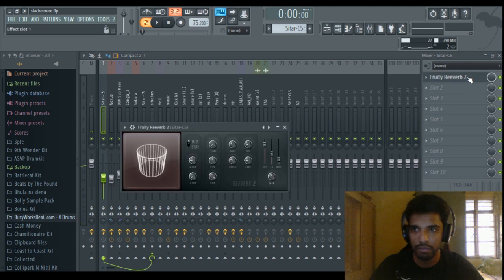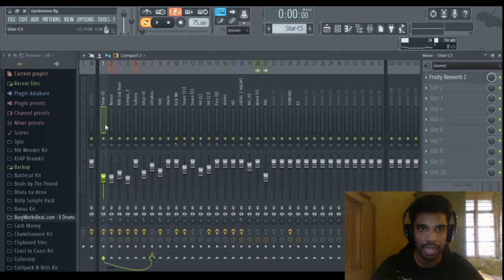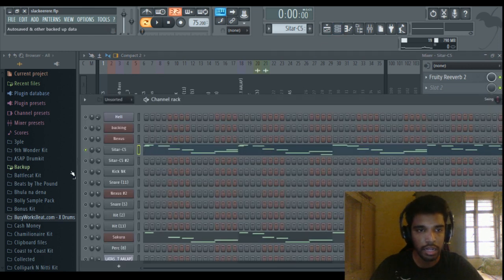I put some reverb on the sitar. The sitar sound is from a sample pack, and I used it like that only. No extreme modifications to that sound. Just put some reverb and cut the extreme highs and some lows because it was very sharp. Then I layered it with